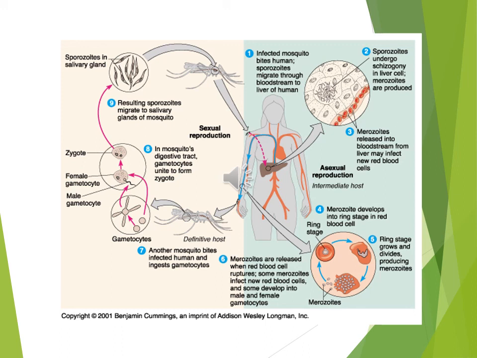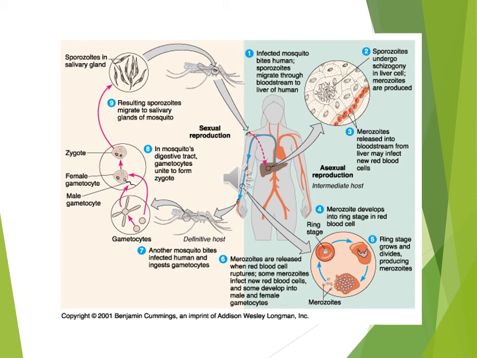And these merozoites can become a male and a female gametocyte. Now, this is the cycle that is present inside a human body. This phase is called the asexual reproduction that is taking place inside a human body. Now, when a mosquito bites such an infected human being, the male and the female gametocytes which are present in the bloodstream of the human being enter into the mosquito.